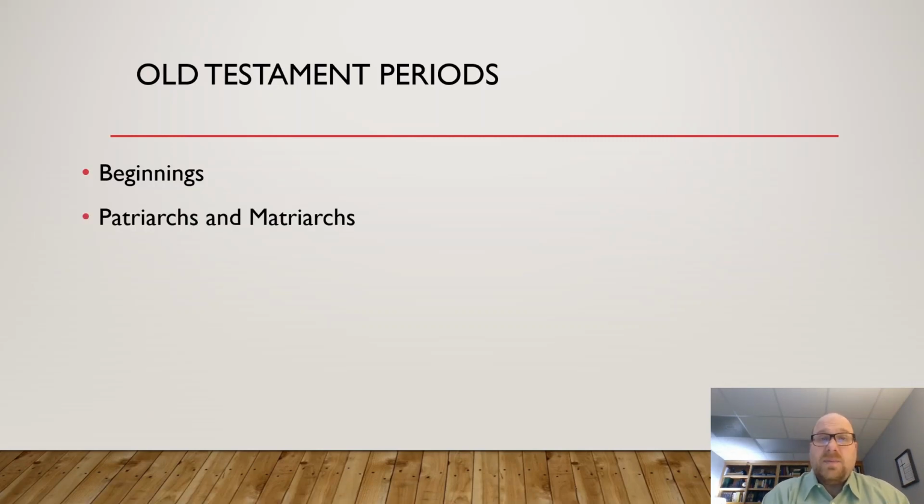The next period would be the patriarchs and the matriarchs, right? It's Abraham and Sarah and Isaac and Rebekah and Jacob with Rachel and Leah, and then Joseph and all of the business down in Egypt. This takes us from Genesis chapter 12 all the way through the end of Genesis chapter 50. So Genesis focuses most of its time looking at the story of God's covenant with the patriarchs, which to me is very important. God's covenant with His people.